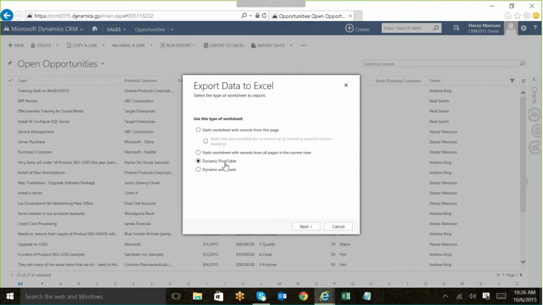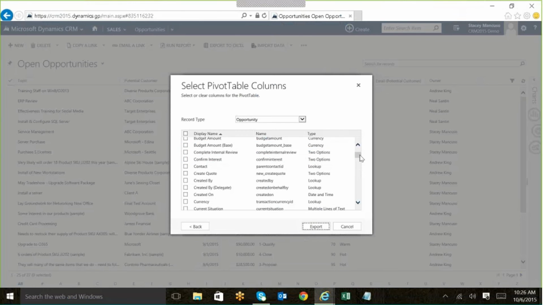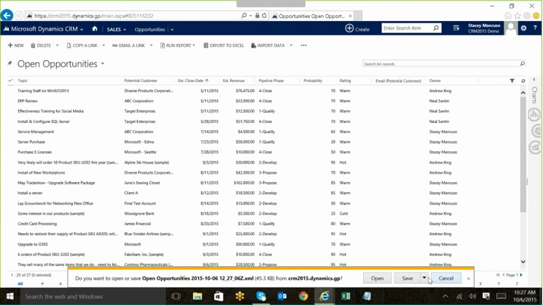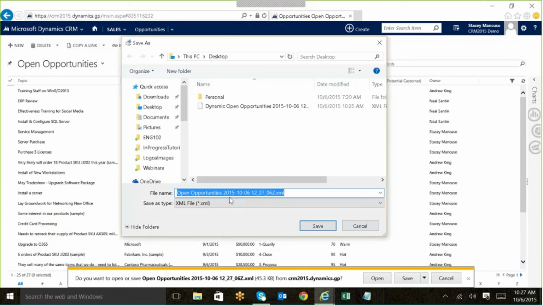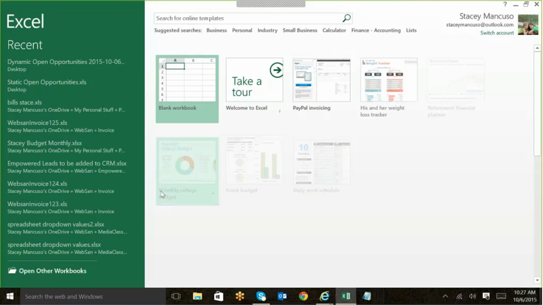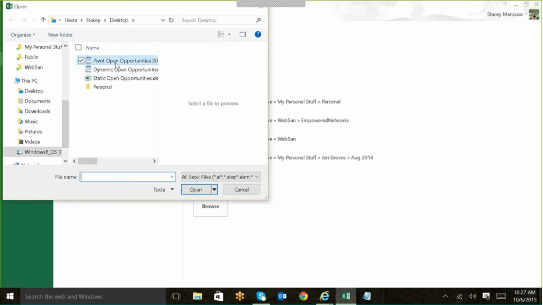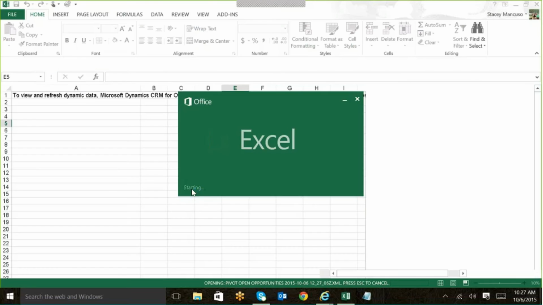The bonus being, though, that you get to see patterns and trends in your data by using a pivot table in Excel. So you'll choose Dynamic Pivot Table, click on Next, and all of the things that were in the columns will be checked off here. You can choose any additional fields that you want and then click on Export. And again, quickly Save As, and I'll just name this Pivot so I open the right one. So once you open this one,